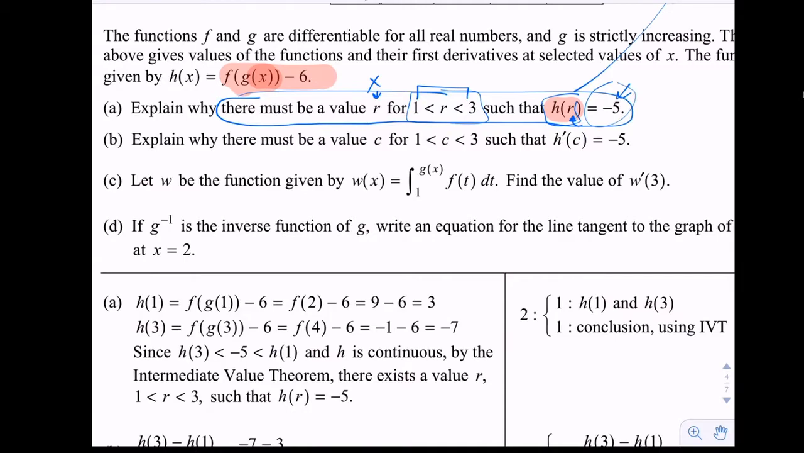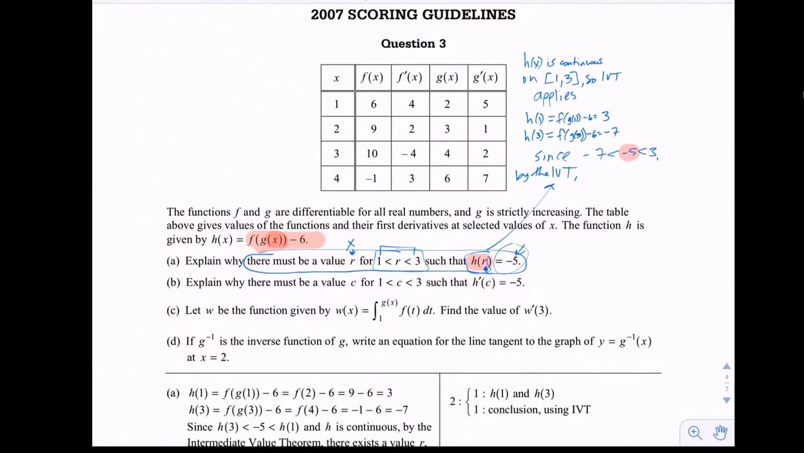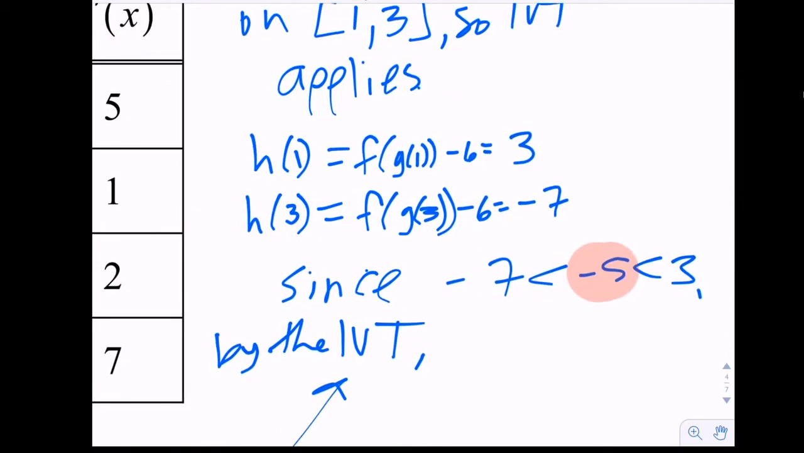I think we did, except instead of calling it h of 3 and h of 1 in our justification, we called it negative 7 and whatever. But is it okay to use the numbers there? If they're labeled up here clearly? Heck, yeah. You can, absolutely. And